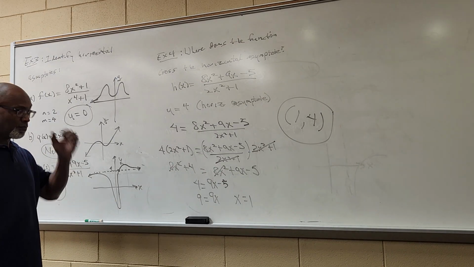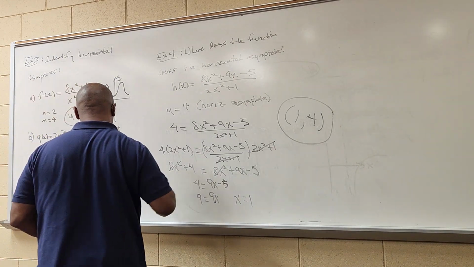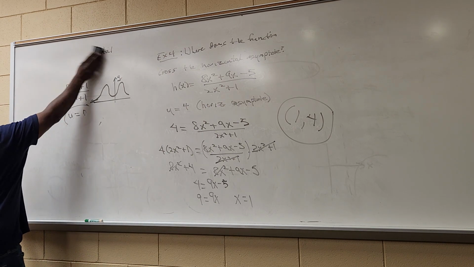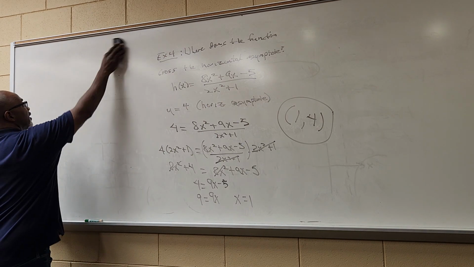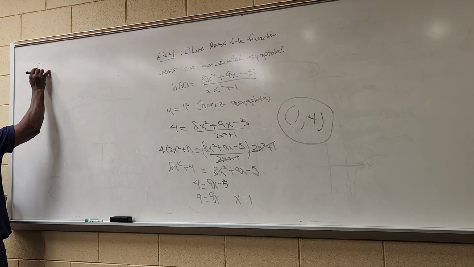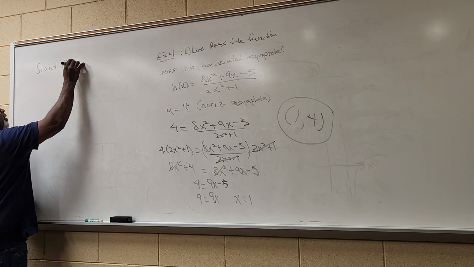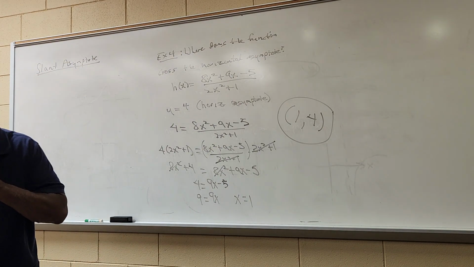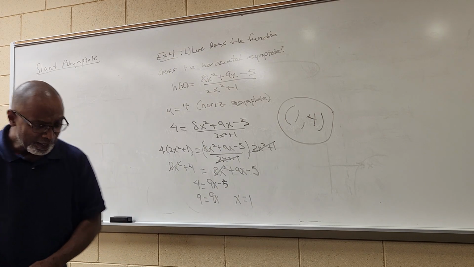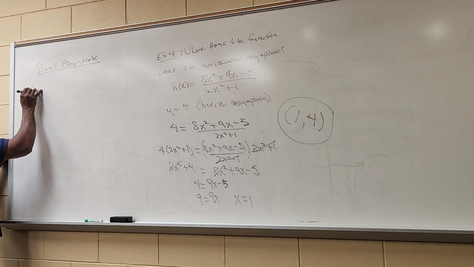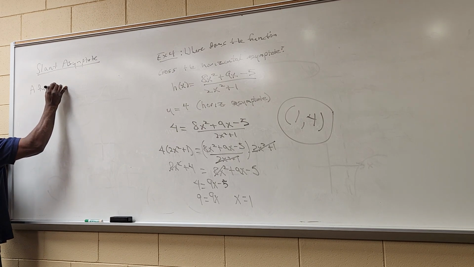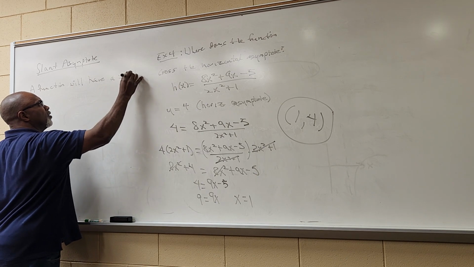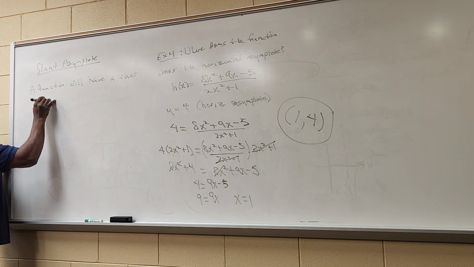So we've got these vertical asymptotes, we've got these horizontal asymptotes. There's one more type of asymptote. It's called a slant asymptote. Slant asymptotes, excuse me, are pretty particular. And let me tell you when a function will have one. A function will have a slant asymptote